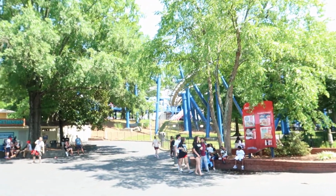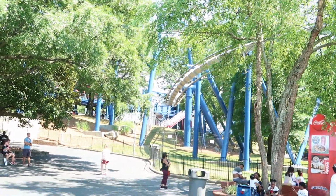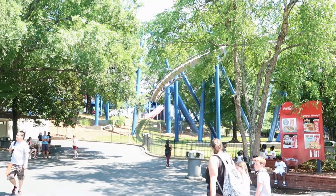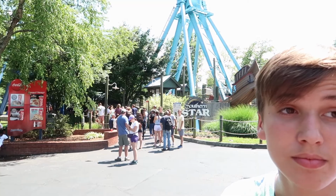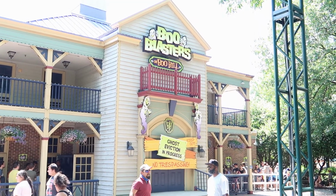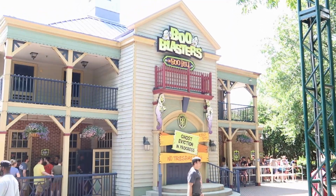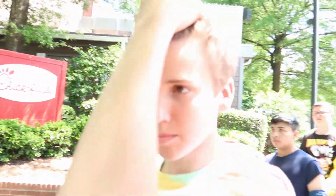Ooh, Afterburner. I've seen some videos of it. It looks very similar to Montu at Busch Gardens Tampa, which is my favorite ride in the park, at least till Iron Gwazi opens. So let's try to find the entrance for that. That's the line for the pirate ship ride. Let's go this way. More evidence that this is really similar to a Six Flags park is they have a Boo Blasters attraction here, which, you're probably too little to remember, but when we used to go to Six Flags Fiesta Texas, there was this ride called Scooby-Doo Boo Blasters, right? Because I guess they had...